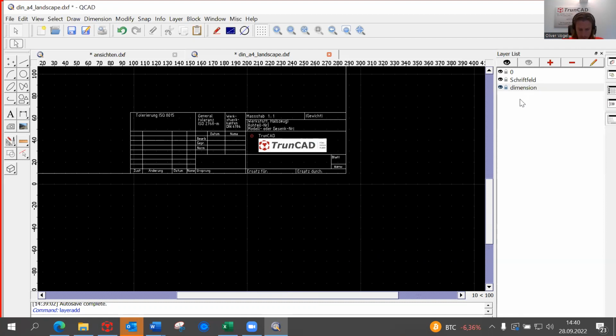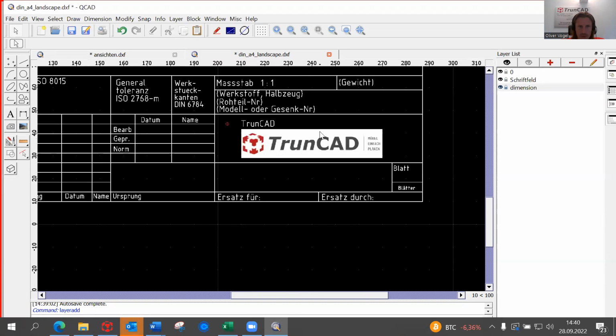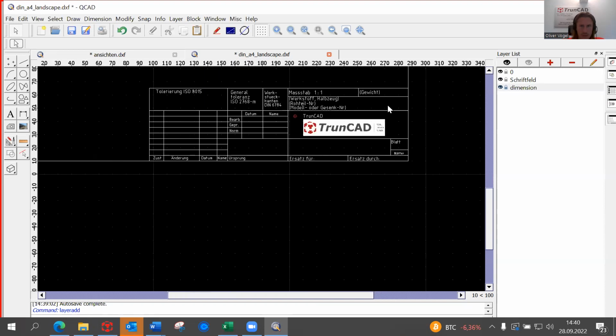So yeah, now you have seen how to get the template, how to change it, how to add your bitmap, your logo, and how to get a new layer like for dimensions. So when this is done, we can move a step forward, and you click here on